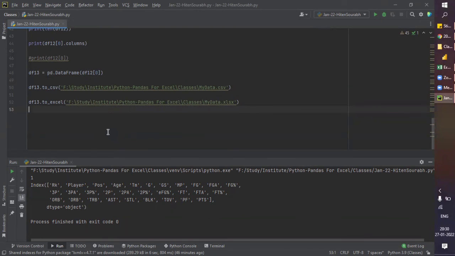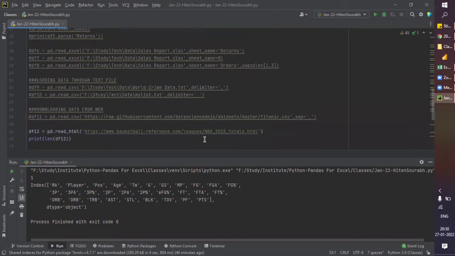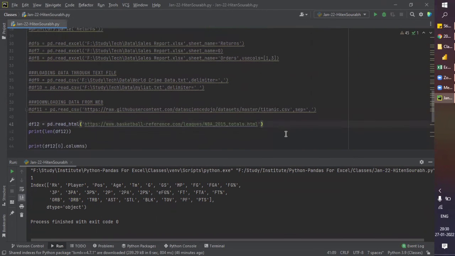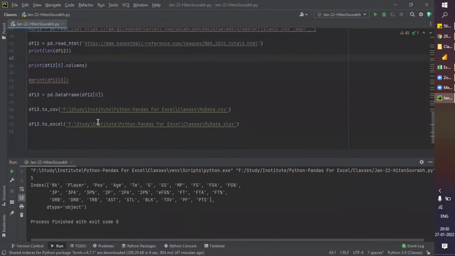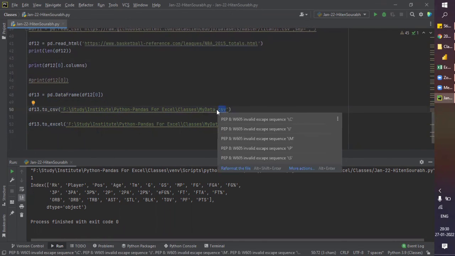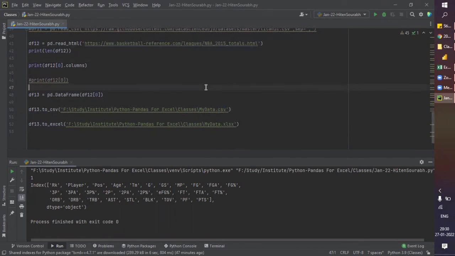If we have the embedded source file, as we have seen in GitHub, and also through the HTML coding, if there is data on the web and we need to extract it from the web page, we can save that data in Excel or CSV format, or even in TXT format. You just need to replace this with TXT to save the data in the TXT format. So that's all for today.